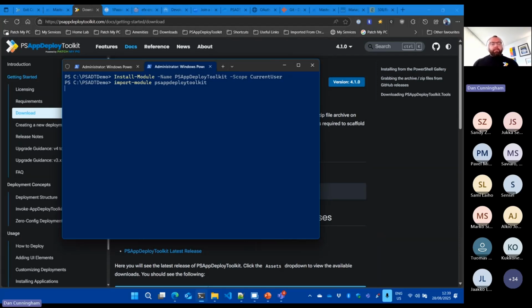So this imports all the functions, and what we're most interested in right now is just one function, which is New-ADTTemplate. I should clarify, my machine is a little bit slow at the moment. It needs to be replaced, I think. But we prefix everything with ADT, and I can just show you here, just Get-Command